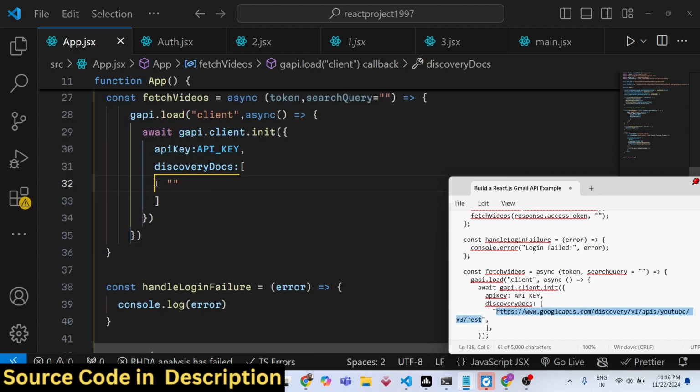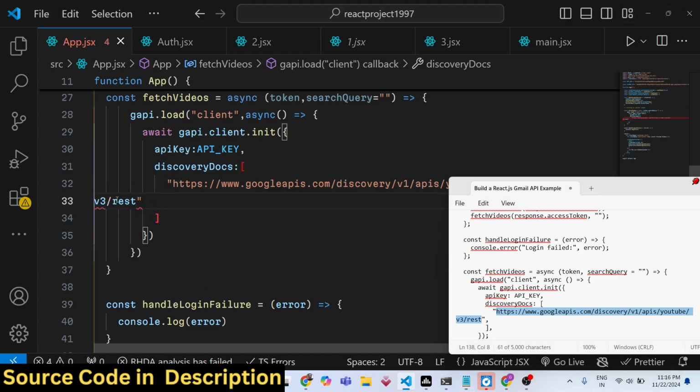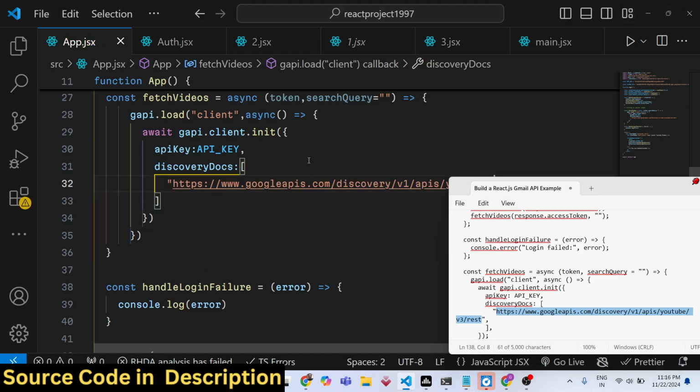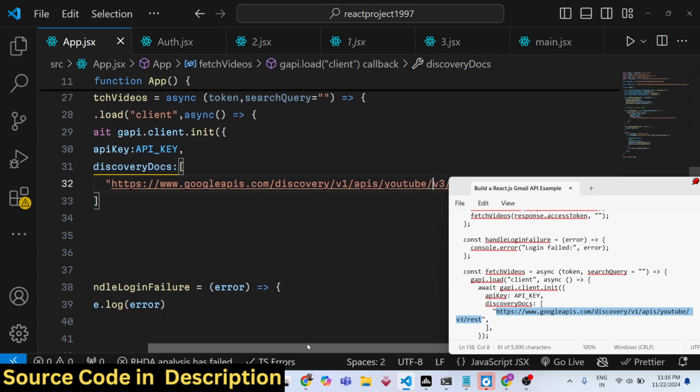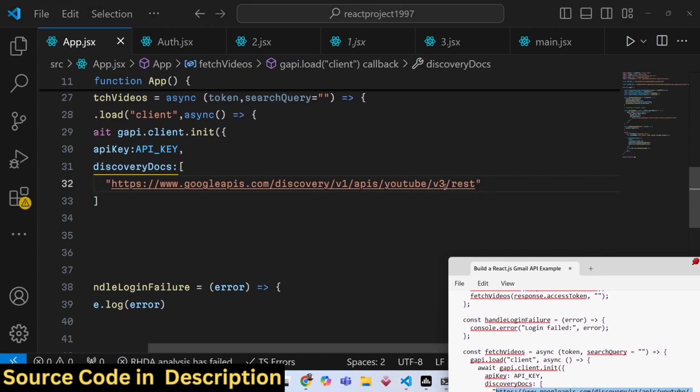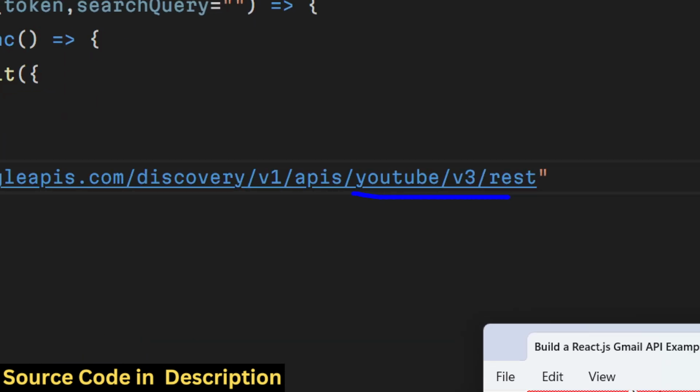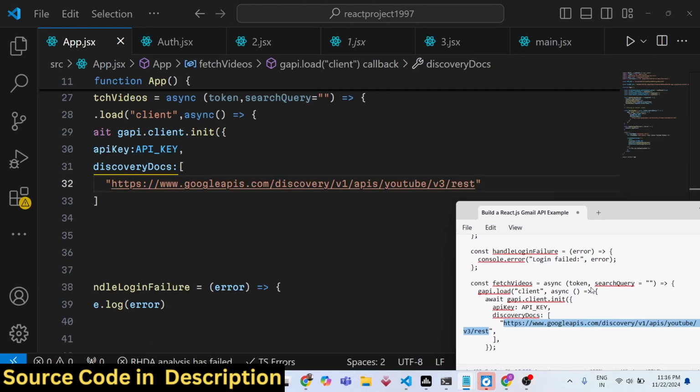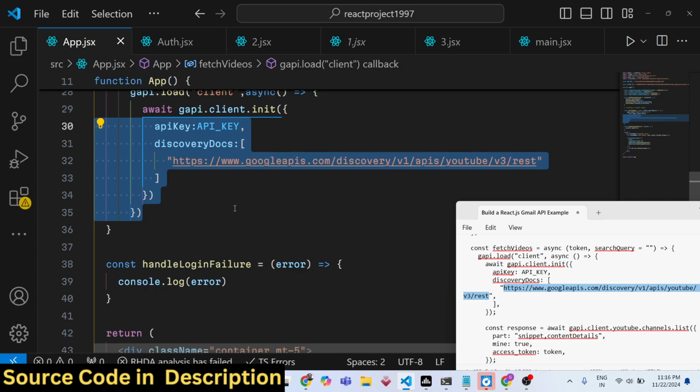So we will pass this URL. We are requesting the data from this URL, https://www.googleapis.com/discovery/v1/apis/youtube/v3. So we are using the YouTube Data API version 3, the REST API. After you do this,